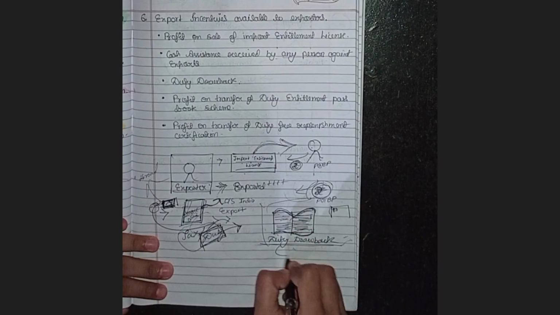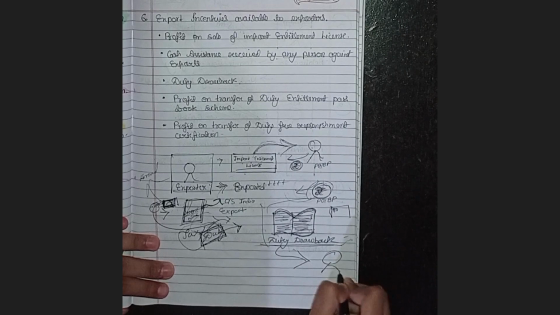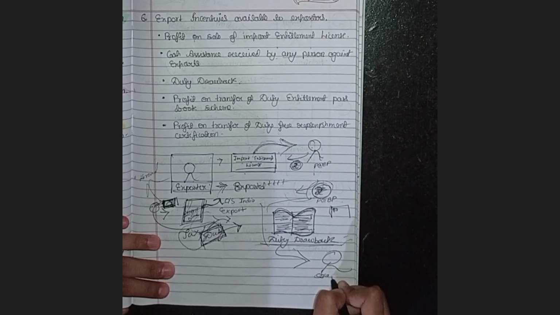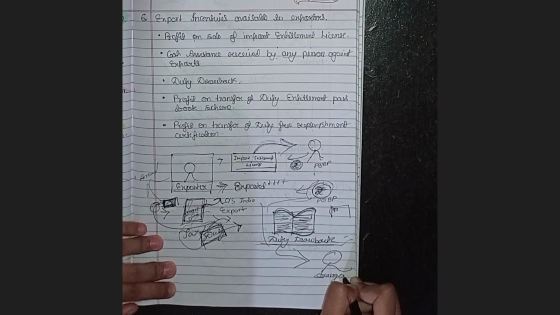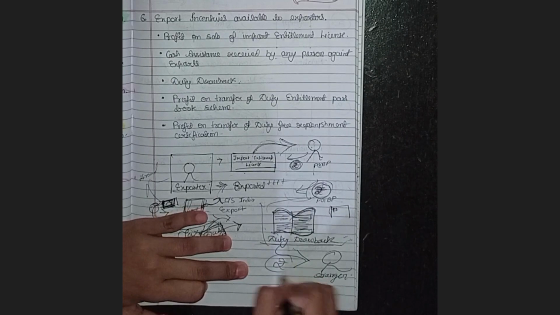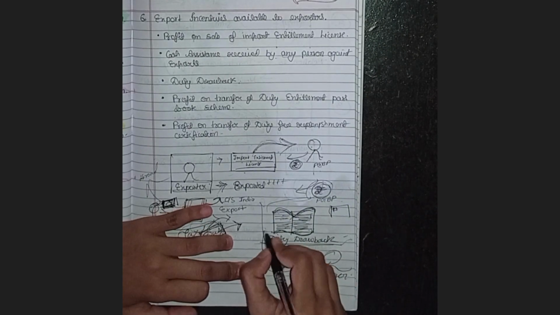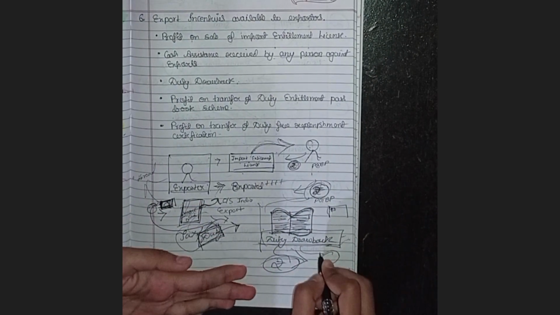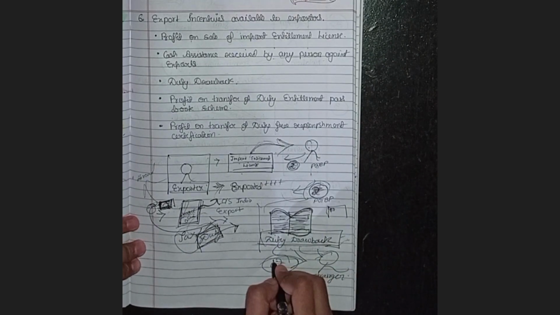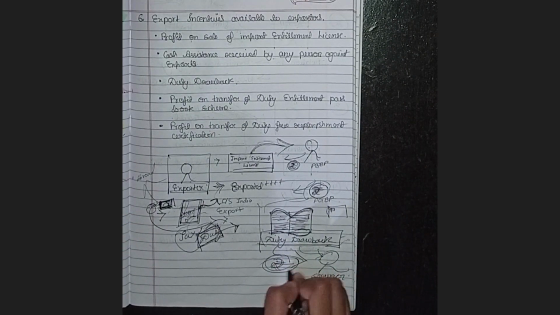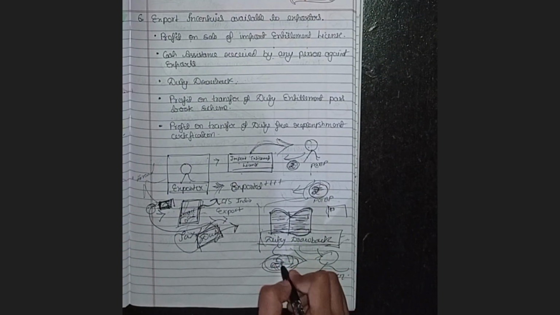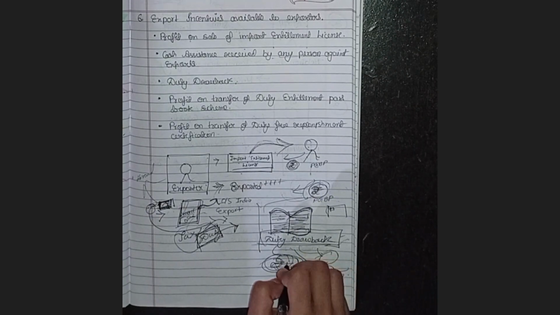So I just transferred this book to a stranger, an unknown person. So he paid me so much money, because there is so much duty drawback he would be receiving, so he should be paying the money to me. So where would this money be chargeable to tax? This amount would be chargeable to tax under the head PGBP of the Income Tax Act 1961.